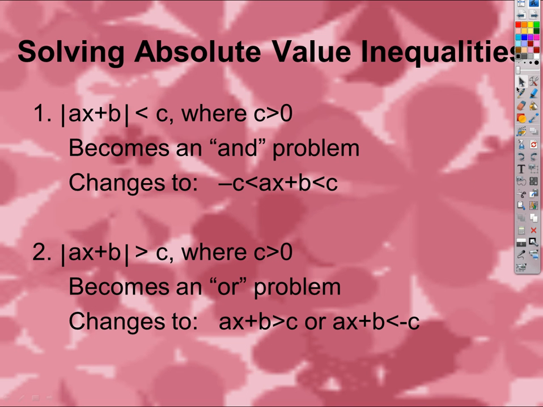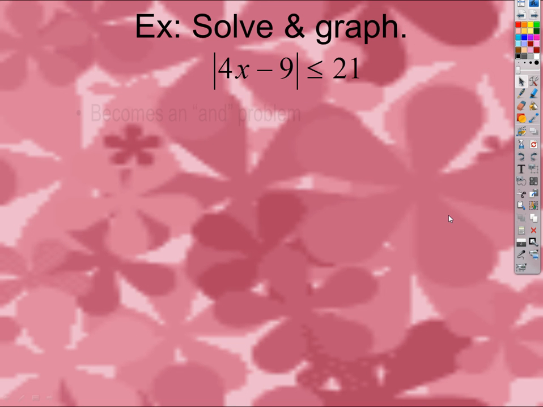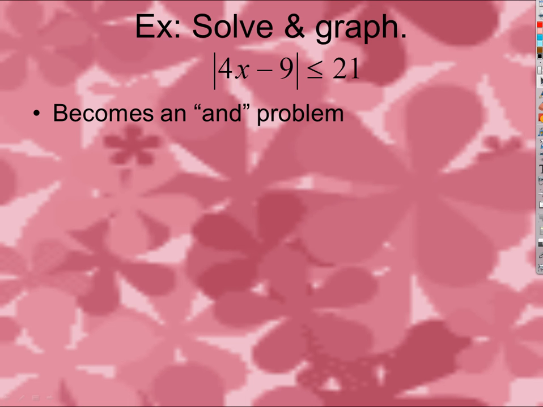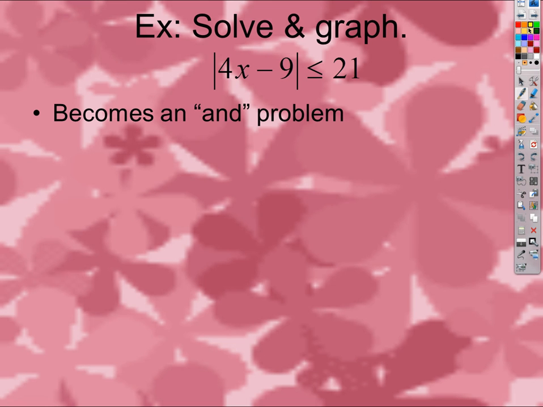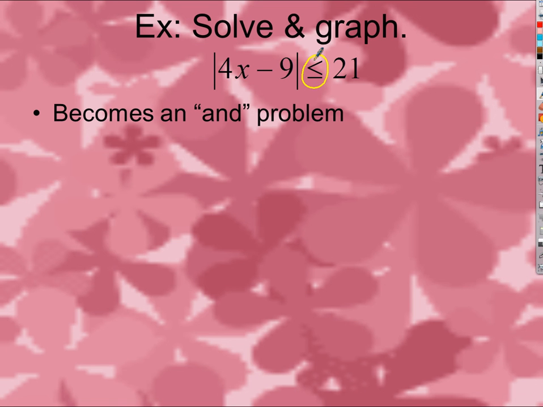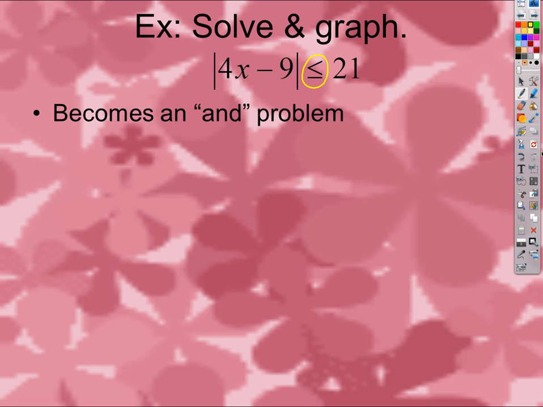Okay, what about that one? I've got an absolute value inequality, but the important part here is this part. It's a less than or equal to, right? So I'm talking about a distance from 0 that's less than or equal to 21. So I'm closer to 0 than negative 21 or positive 21. So I'm going to be inside, right? It's an and inequality, isn't it? I want close endpoints. So I'm going to trade this for